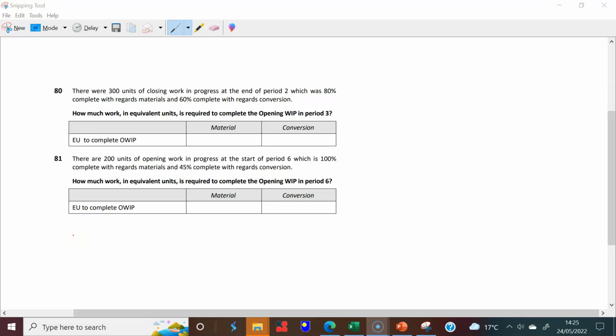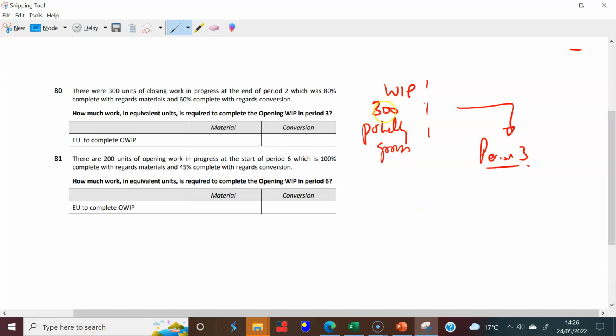Right, so this is the opening theory of what we finished our class with last week. And let's just get that opening theory sorted, and you can probably start to see how this evolves. So it tells us that there are 300 units, partially finished work in progress units, at the end of a certain period too. So at the end of it, we have these 300 partially finished goods. But when we start the new period, which is period 3,